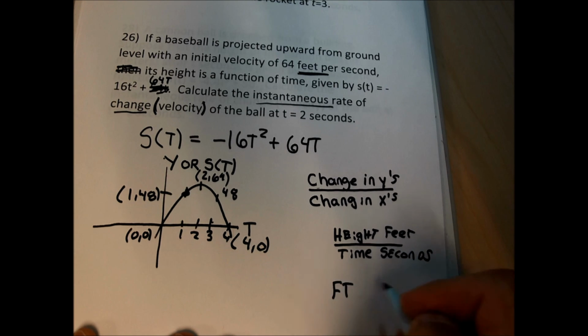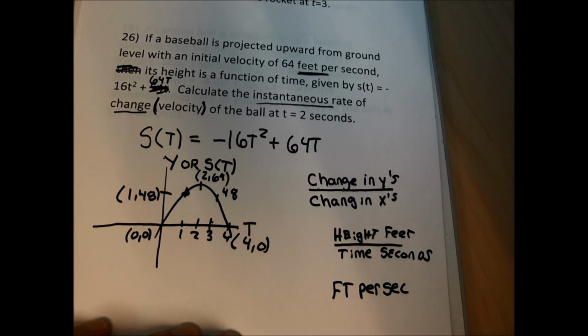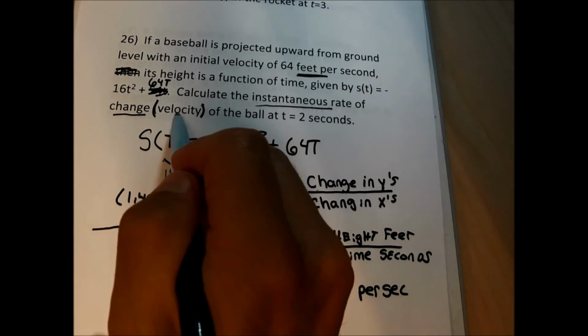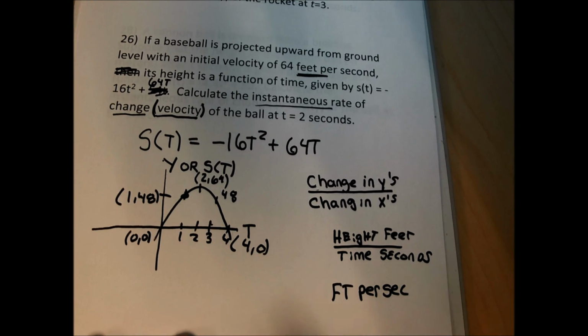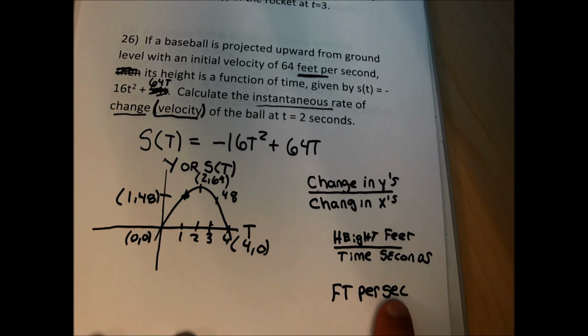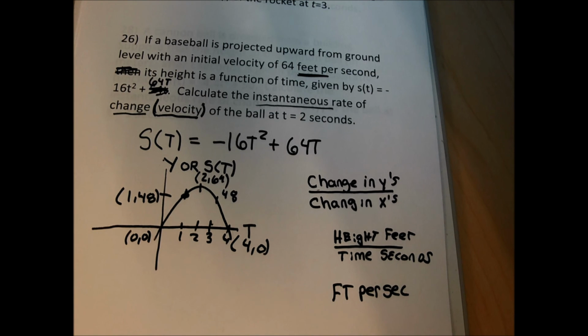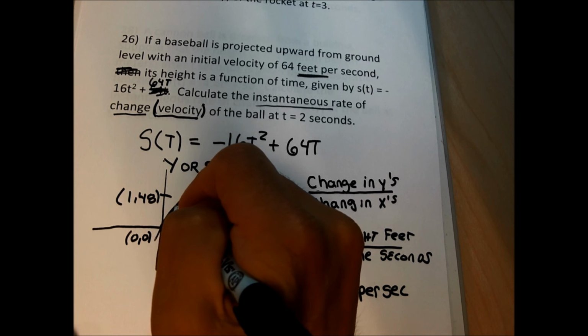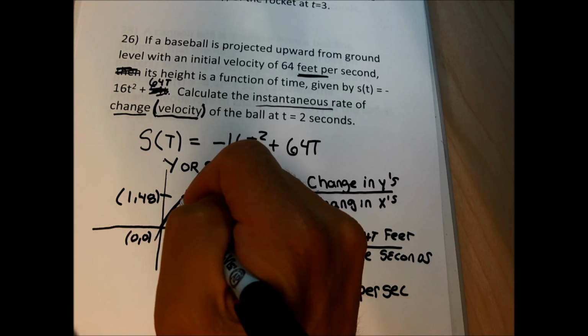So when I do my instantaneous rate of change, it's going to tell me at exactly 2 seconds how fast the object is moving in feet per second. So that's why here we wrote velocity, because velocity is distance per time. In this case, it's feet per second. So if I knew something about how the velocity of this baseball changes, I could know the answer to this already. Initially, the ball is moving at 64 feet per second, and then eventually it's slowing down,